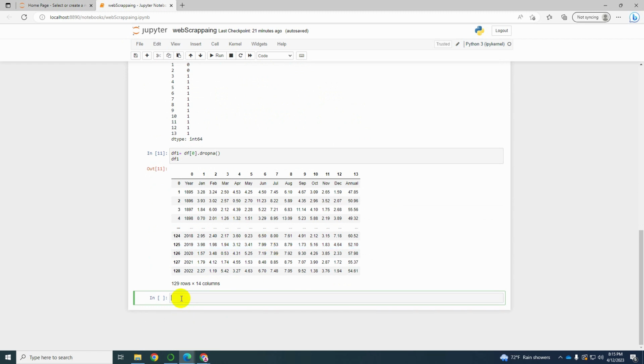So to save this data, let's call upon the latest data frame df1 and use the